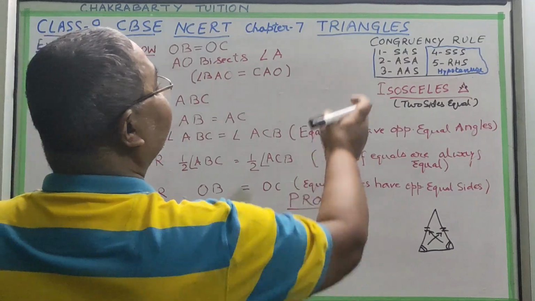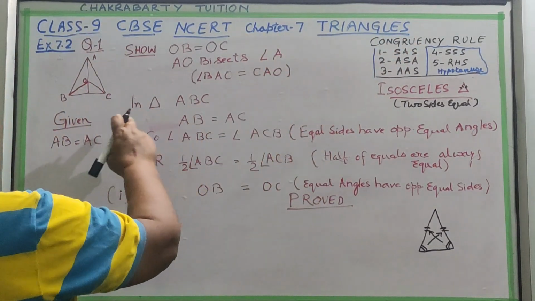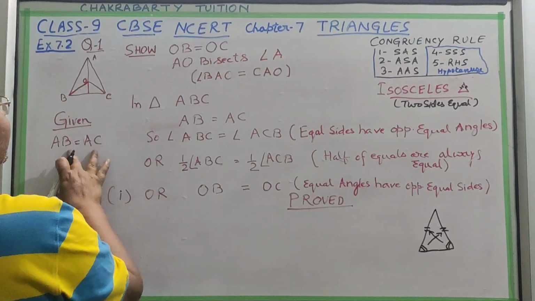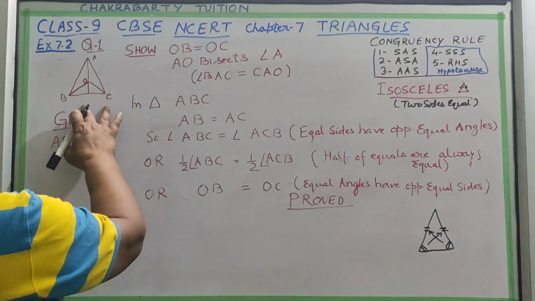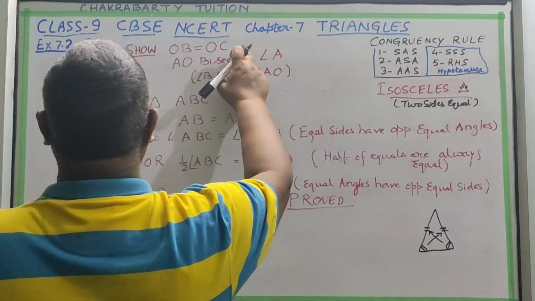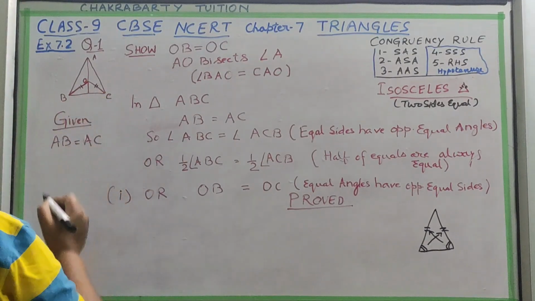Okay, and there are also five convention rules, which we discussed in detail yesterday. Now you have to prove. What do you have to prove? You first write what is given, and the picture you also make or copy. Then you start solving. So we have to prove first that OB and OC are equal. This line we have to prove.